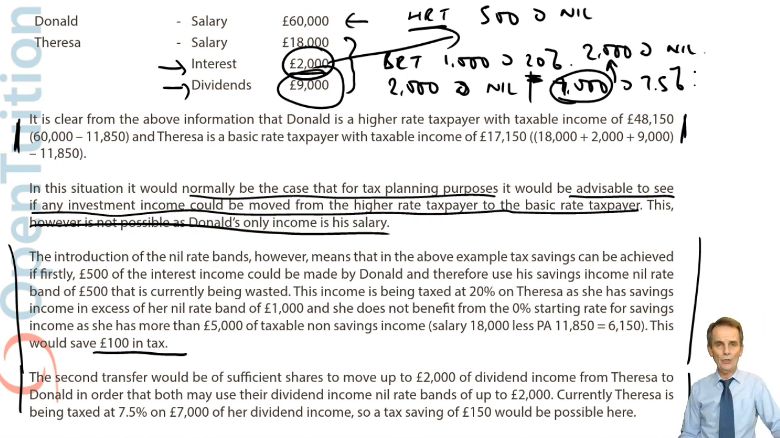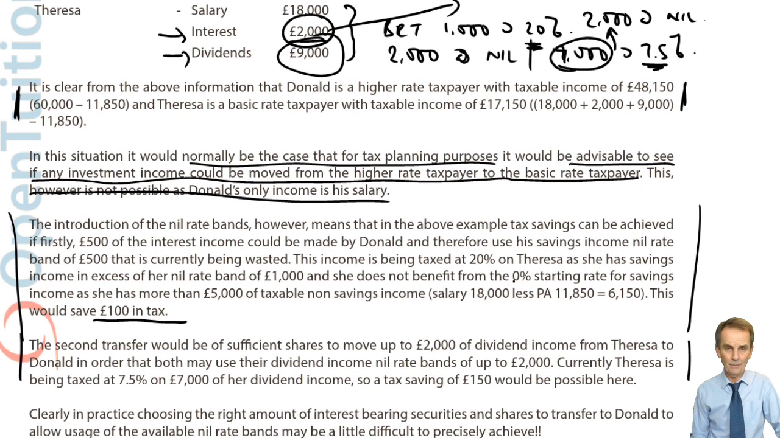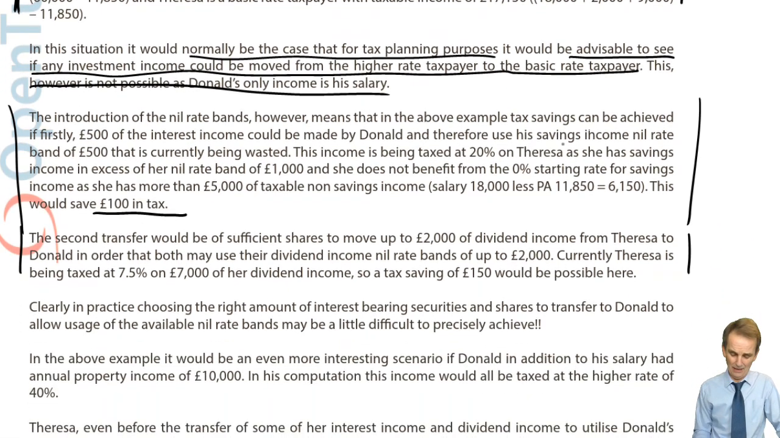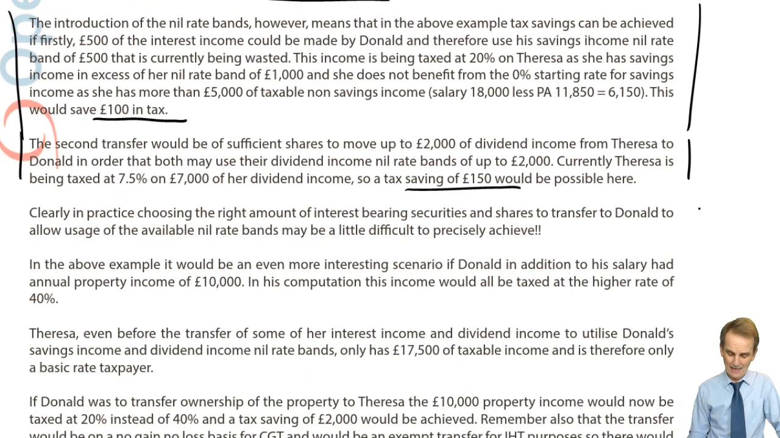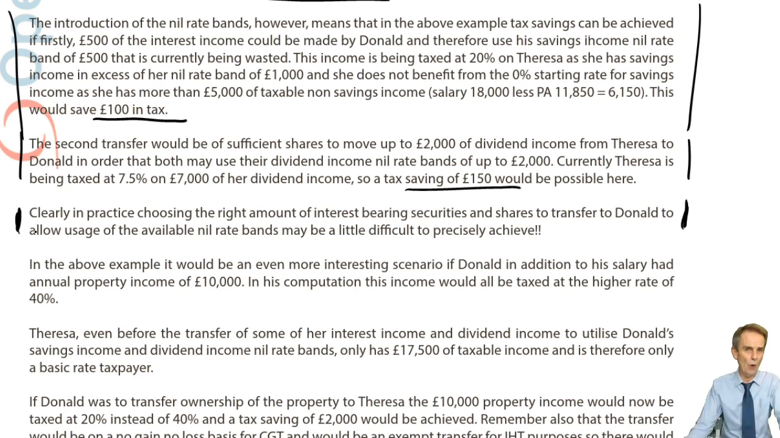Now again, we're not setting the world alight, moving £2,000 income from a basic rate taxpayer, where it would suffer only 7.5, to the higher rate taxpayer who has not yet enjoyed the use of their dividend income nil rate band, but where it'll only be 2,000 at nil. 2,000 at 7.5% is therefore the saving, and that's what's mentioned there. Again, practical difficulties, but you're living in an examination world rather than the real world there, and that's why you